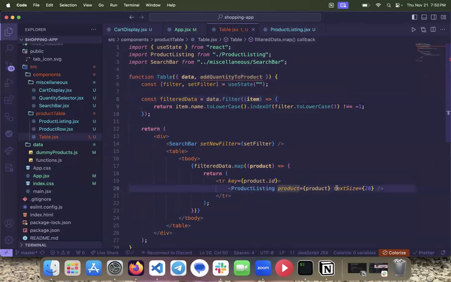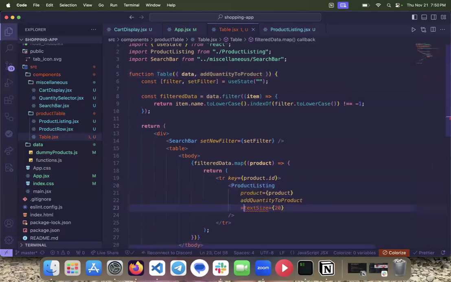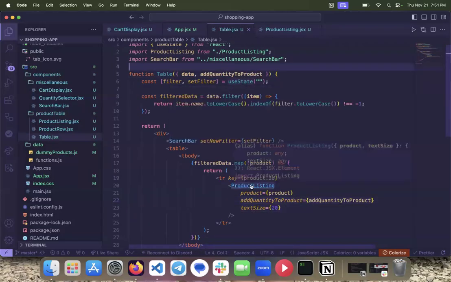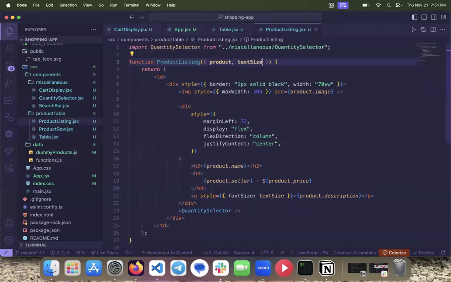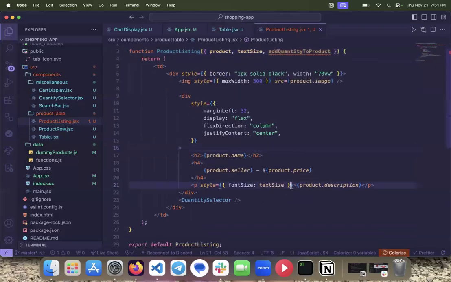And then we will pass to our product listing this same function. So we're just going to pass it down one level. We don't actually care about it in this table itself. We literally just want to pass it to our product listing. And this is what we actually want. And when I click in my quantity selector,